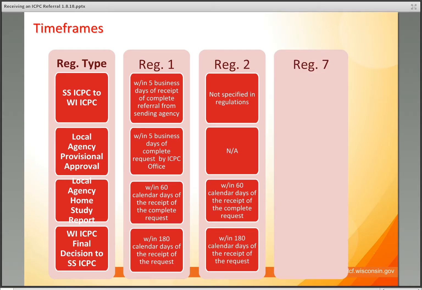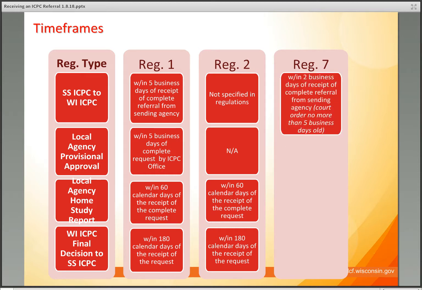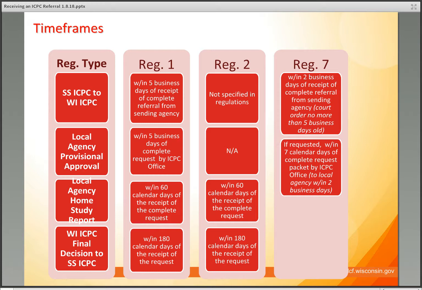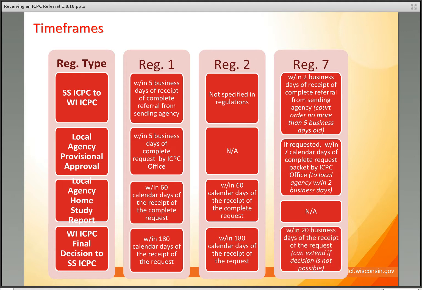Finally, with our Regulation 7 requests, our expedited requests, within 2 business days of the receipt of the complete referral from the sending agency, the sending state ICPC office must send the request to Wisconsin. And then if the sending state requested, the local agency must provide provisional approval or denial within 7 calendar days of the request. There is no requirement to provide a home study report, and this is because the final decision